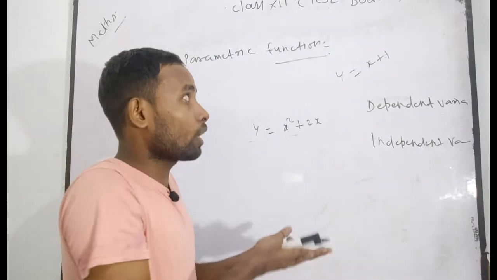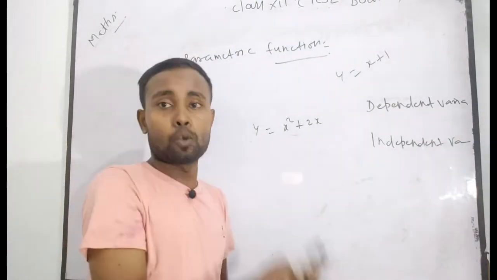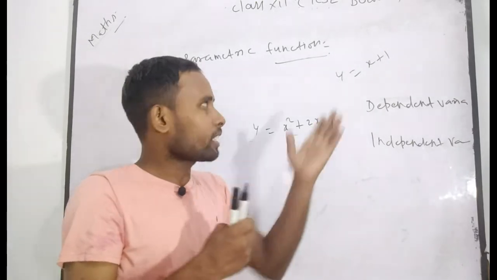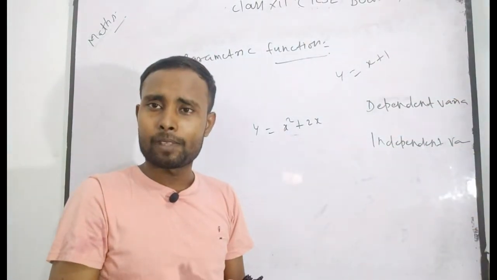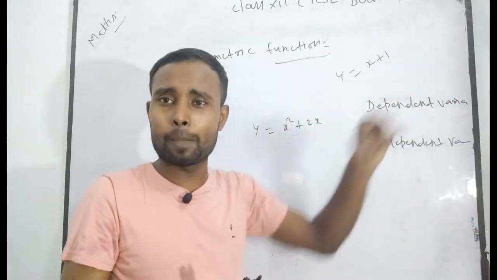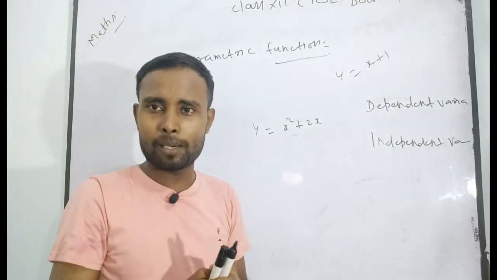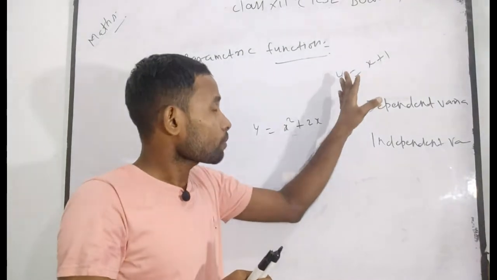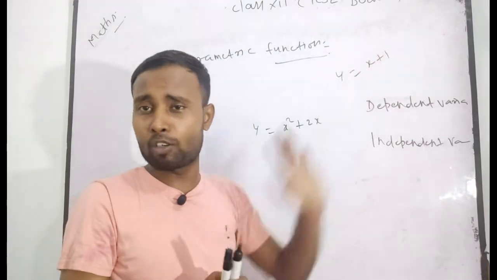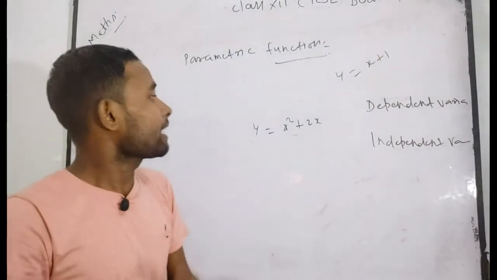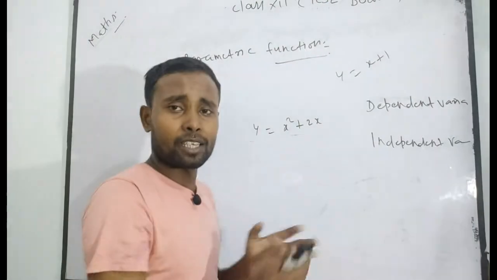But it is not given in any books. You have to arbitrarily choose a value of x and you will get y. You can also choose any value of y arbitrarily and you will get the corresponding value of x. In that case, sorry, x will be dependent and y will be independent variable. When you have chosen a value of y arbitrarily and put it in this equation, you will correspondingly get the value of x.